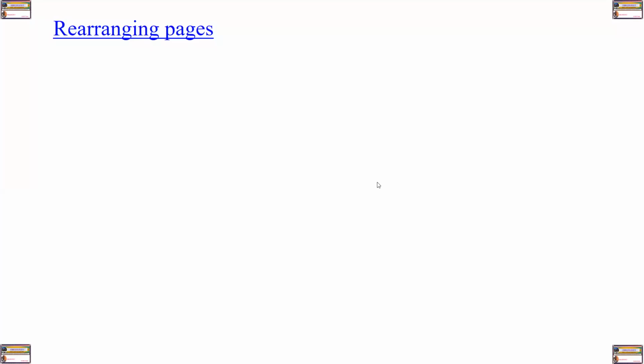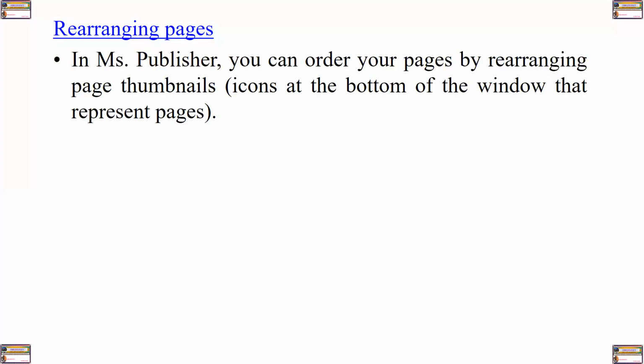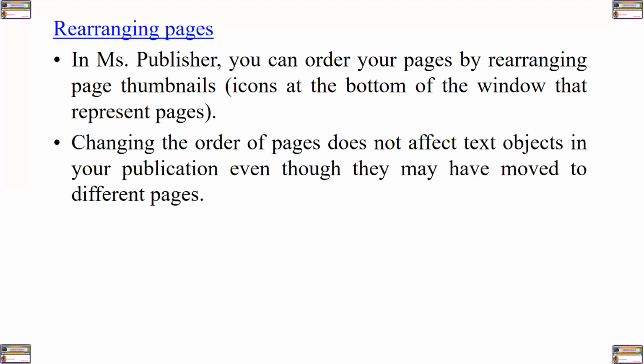We can also rearrange pages in our publication. In MS Publisher, you can order your pages by rearranging page thumbnails. Icons at the bottom of the window that represent the pages, or on the side, as we are going to see. Changing the order of pages does not affect the text objects in your publication, even though they may have